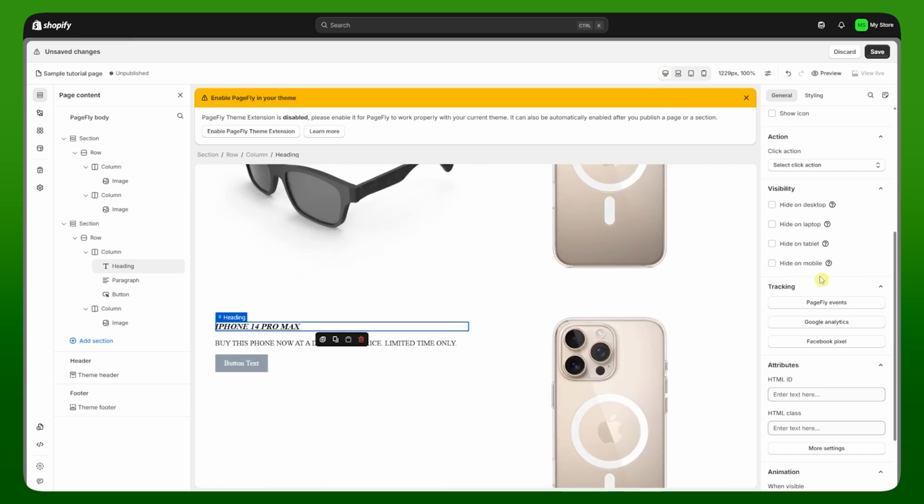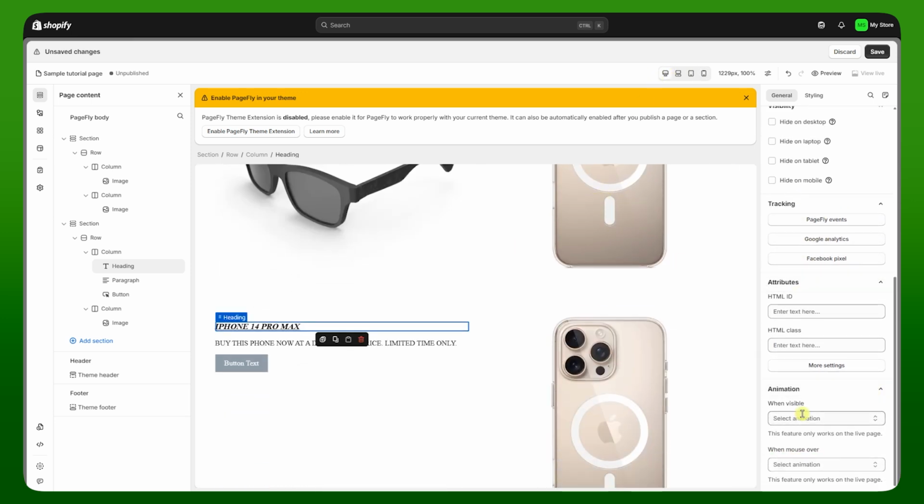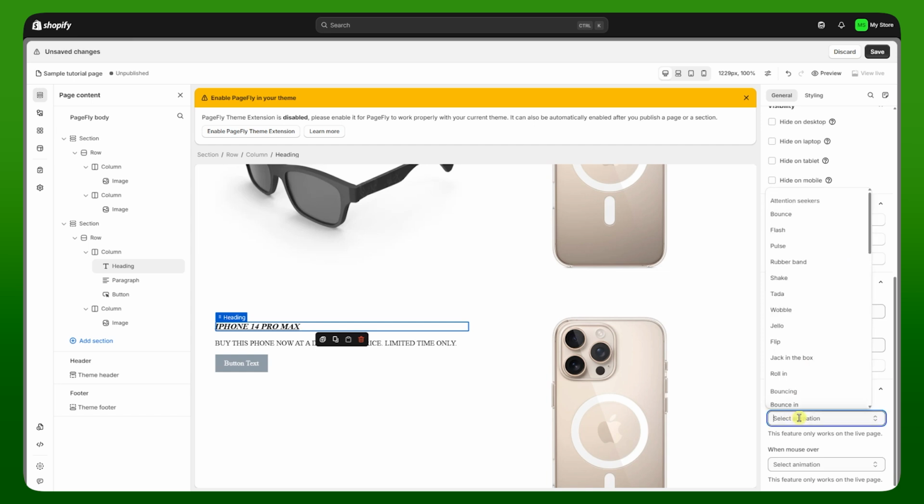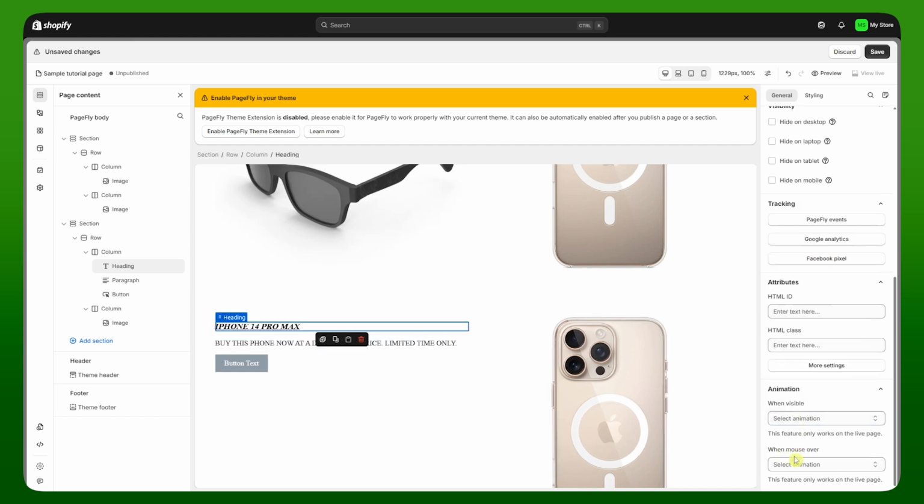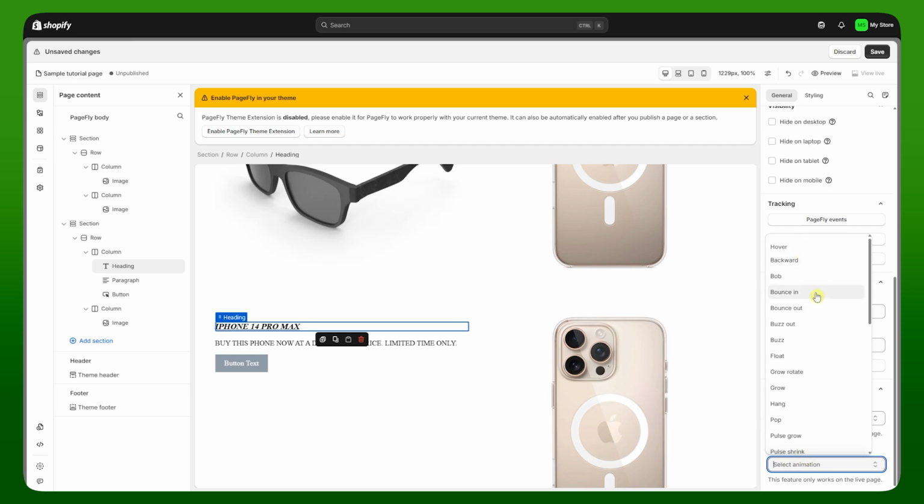Next is we have the tracking, attributes, and animation. So you can just select the element that you'd want to animate. For example, this text. You can go here into animation, select your animation, and then now you can see it animate. So you can just choose whatever you'd want. And you can also go here for when mouse over. So basically how this works is that you want to select your animation here first. Let's say I'm gonna go for